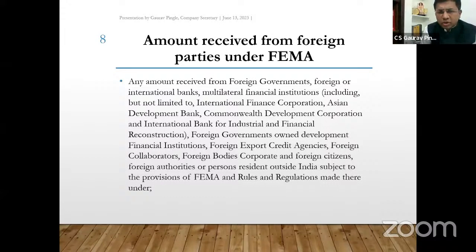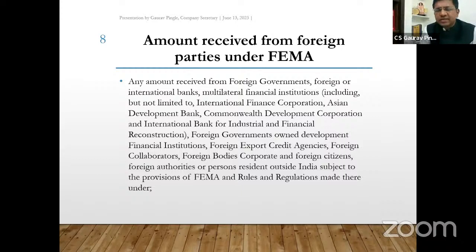So this is another amount which in toto we call ECB. Any amount received by a company from a foreign government, bank, a multilateral financial institution, a foreign financial institution, or export credit agents, or even foreign body corporates, a shareholder, or even a person, if all these criteria are fulfilled, where the lender is a foreign body corporate or a person resident outside India, then all these persons